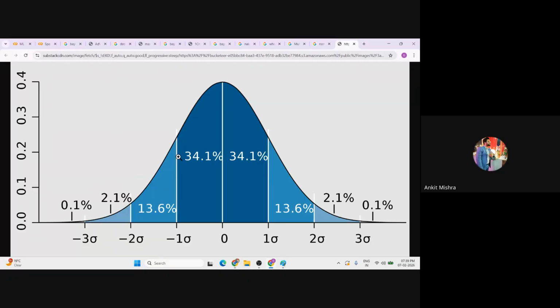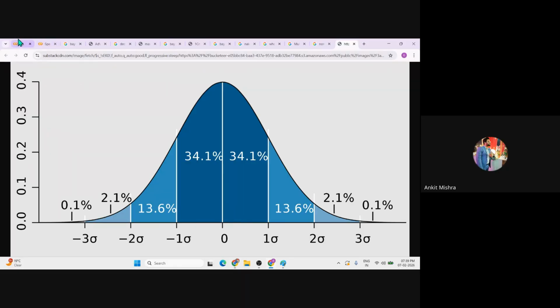It's the standard bell curve kind of data, where the zeroth value is derived by the central tendency, which is the mean, median, mode, followed by one standard deviation to the right side, and one standard deviation to the left side.